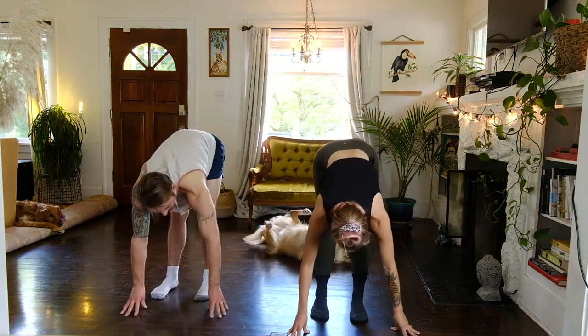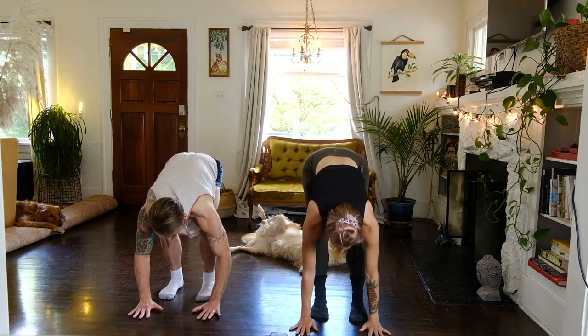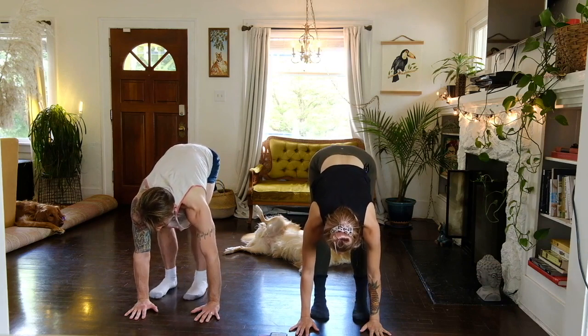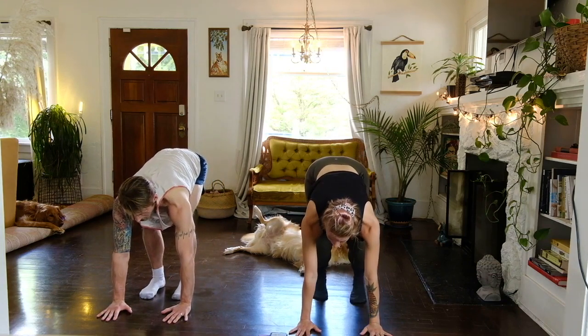Okay, come back to neutral. Bend the knees enough to where you can put your hands flat on the ground. And Callie might have to move for this, but we'll see how it goes. We're gonna do our pushbacks with the socks like we did on Tuesday. So you might have to move your feet a little farther from your hands to make it more accessible, but